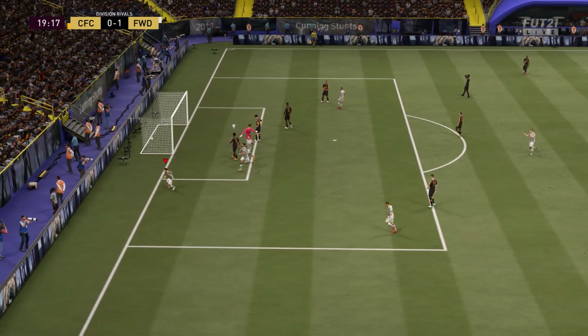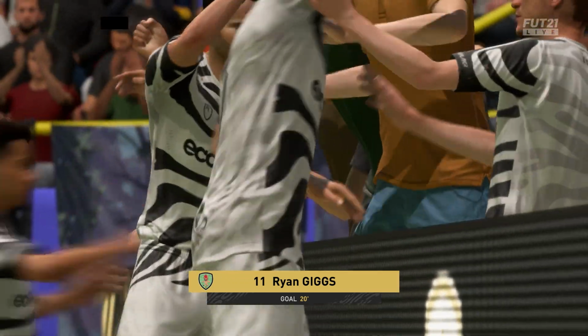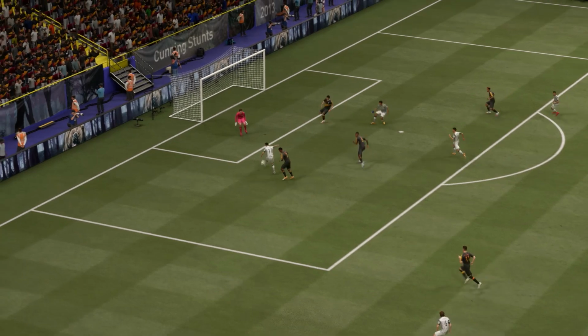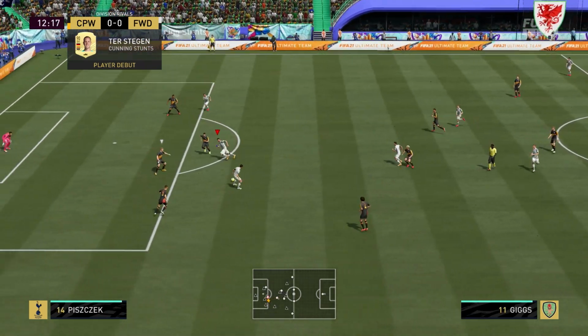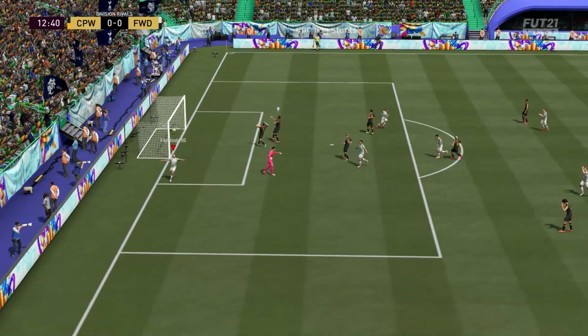An icon, Giggs, is really good. 89 rated is a fantastic overall rating, and there's a lot of reasons why he has such a high rating. Yes, he maybe isn't the fastest overall, but 84 acceleration and 84 sprint speed are really good stats to work with. As I say, if you use a hunter chemistry style on him or something like that, you can really boost that pace and really make him feel like a 90 plus pace player,